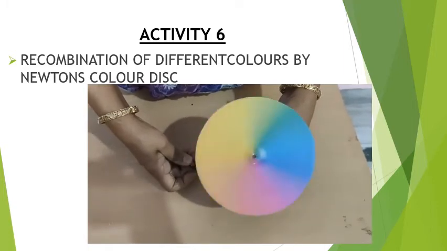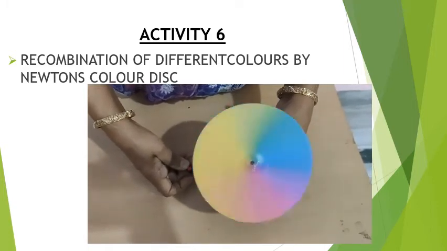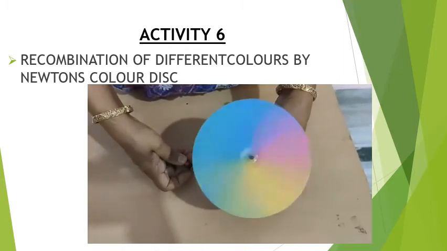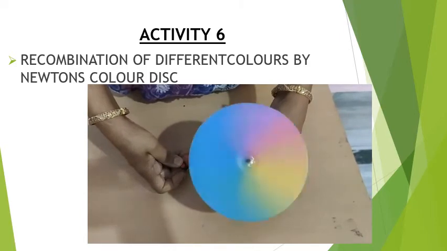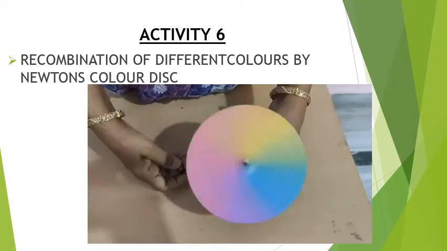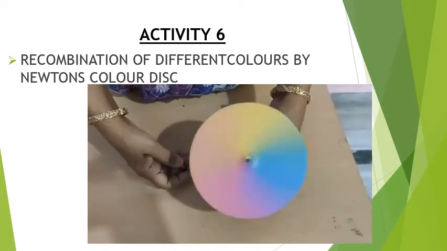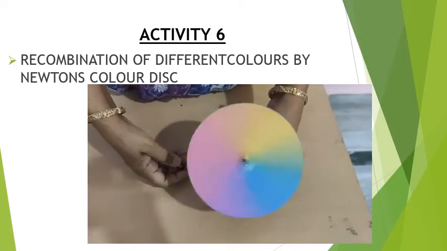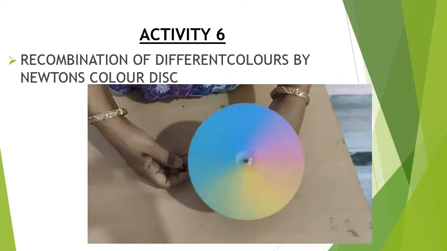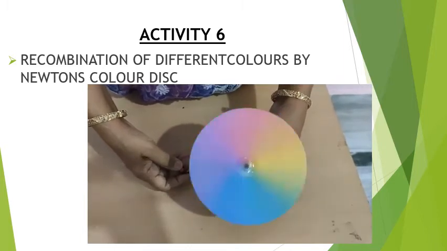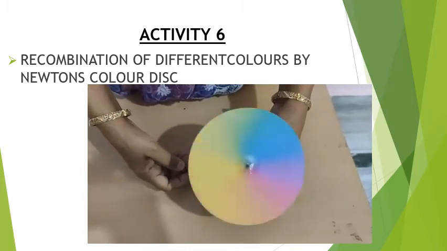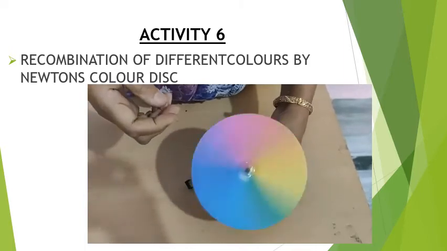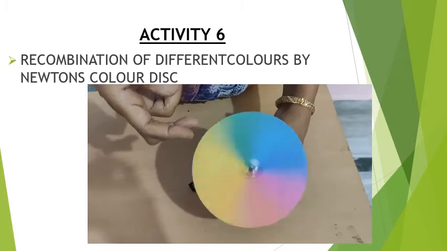Here we can see all the colors are traveling with the same velocity, therefore they are getting mixed up and resulting in a single white light. So when all the colors travel at the same velocity, they mix together and appear as white light. But when they enter a prism, their velocities differ. All of them start to travel with different velocities and thus they appear as separate colors.